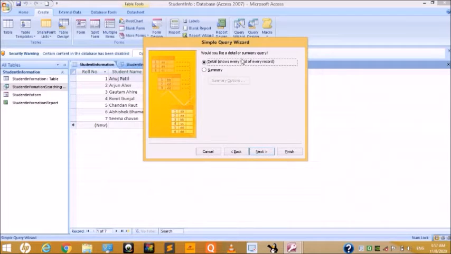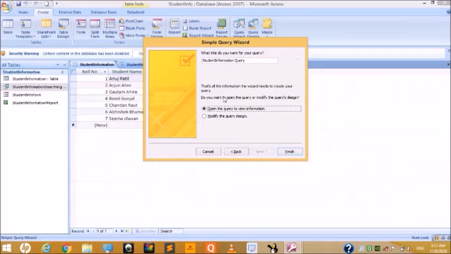Would you like a detail or summary query? We choose the detail form. Next, choose a suitable name for the query. Then, do you want to open the query or modify the query design? Modify the query design, then Finish.